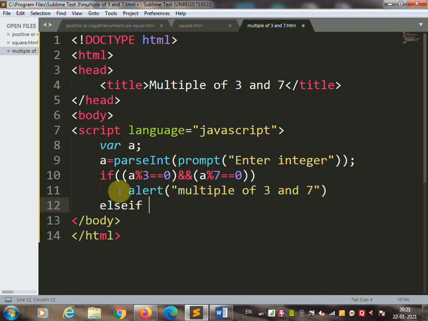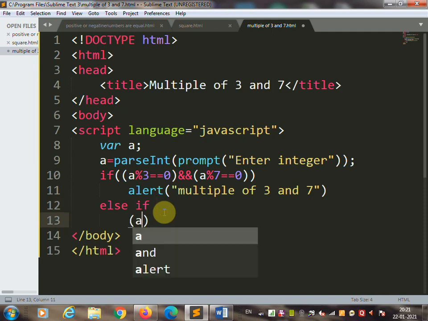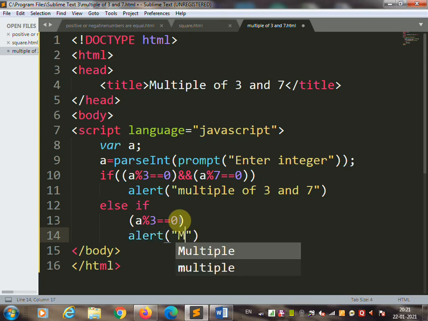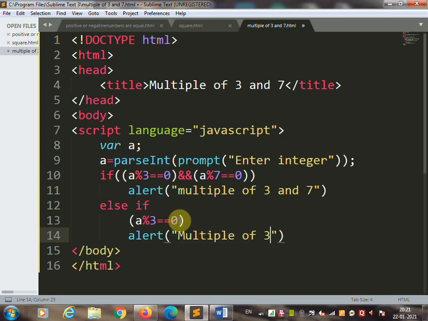Else if a modulus sign and number 3 equal to 0, meaning the number is only a multiple of 3, then this statement will work. Then you are going to print a message, alert multiple of 3.